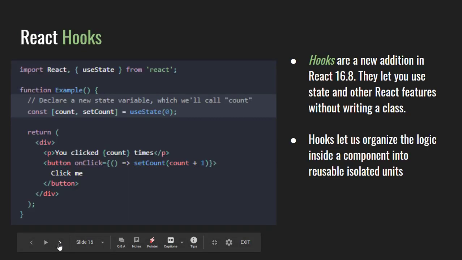So we talked about React hooks, and React hooks are a new addition in React 16.8, and they let you use state and other features without writing a class. So to be honest, I wasn't a very big fan of React until I saw this. I was from the Angular camp and TypeScript and all of that kind of strong typing and classes and things like that. And I kind of thought React was a little bit rudimentary, to be honest, because you had to